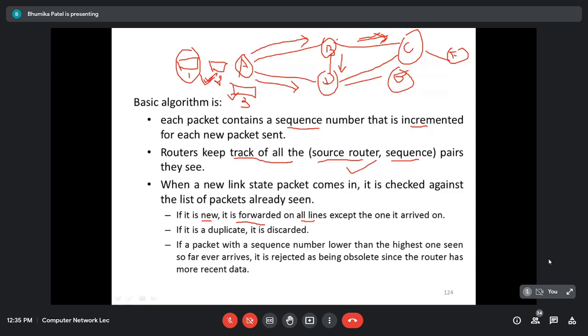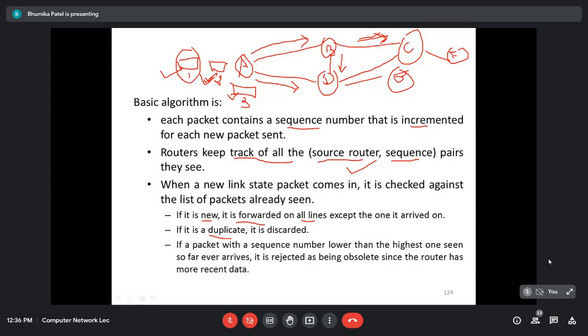So where has it come from? It has come from A, so it will not be sent back to A; on all the remaining interfaces, all the remaining lines, the router is going to send the packet. Now the second possibility can be a duplicate. Why is it a duplicate? For example, the first packet is going to be sent from A to B and A to C.